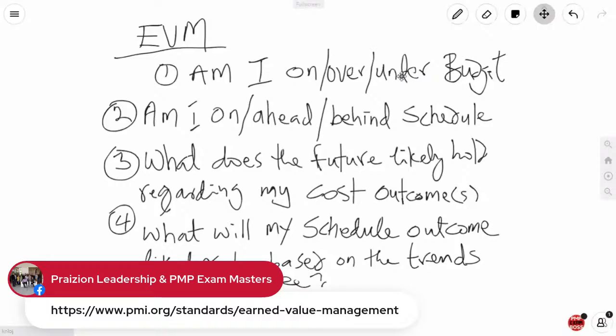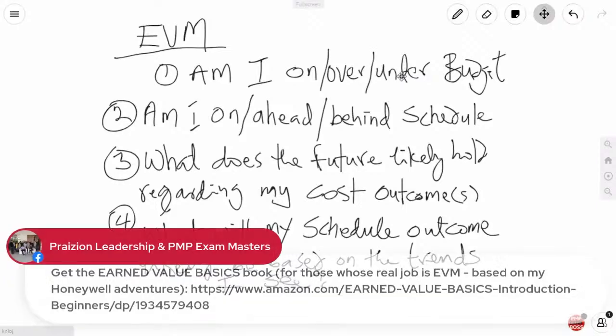Earned value was my gateway to upping the ante on my career. Until Honeywell came out with that job offer, I wasn't thinking earned value could be the main thing someone did for their career, but it was. I was an earned value specialist at Honeywell, so I'm very passionate about this. Like I said, I wrote a book. You can find that book on Amazon. It's called Earned Value Basics. I'm very passionate about it still. And let's put that on the screen.